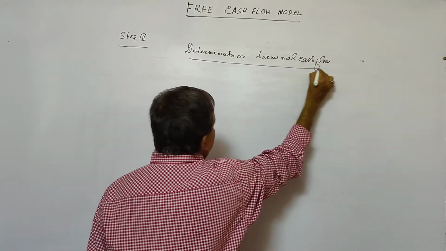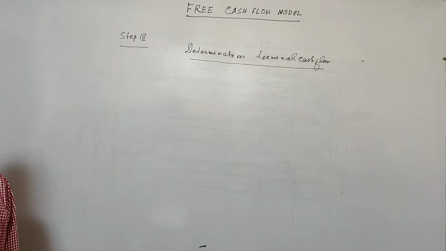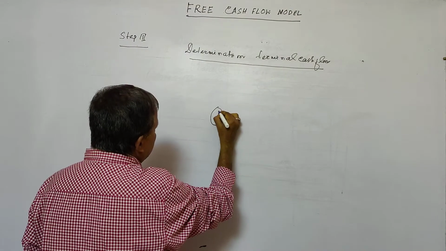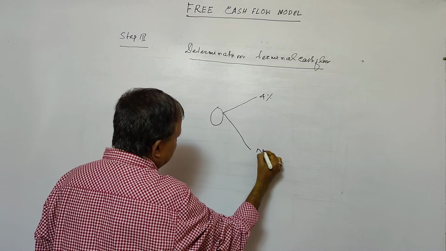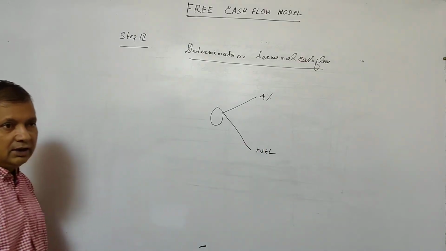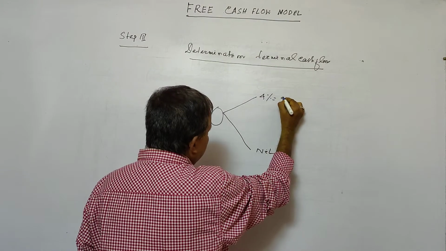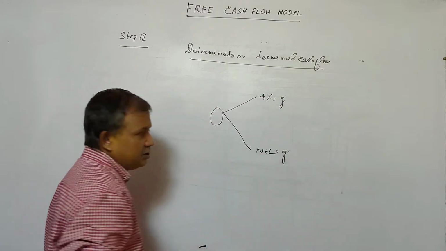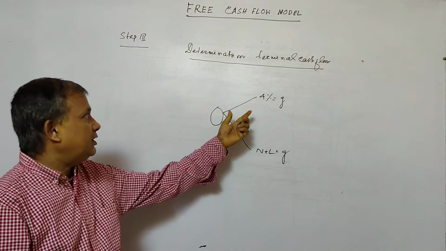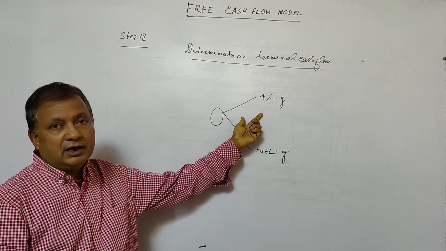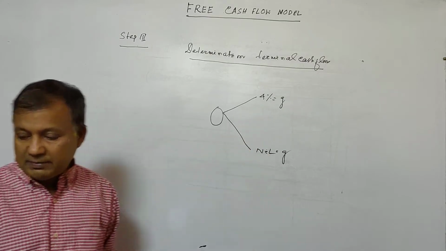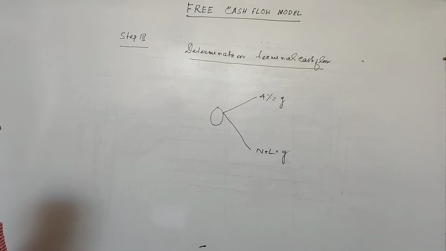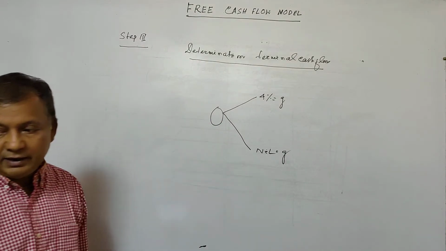Friends, here there are two options after the 6th year. From the start of the 7th year, there are two options here. One is 4% growth, another would be growth is nil. So G equal to 4%, here G is equal to 0. So certainly the capitalized value of terminal cash flow will be different in both the cases. So we have got two alternative proposals, that is 4% and nil growth.